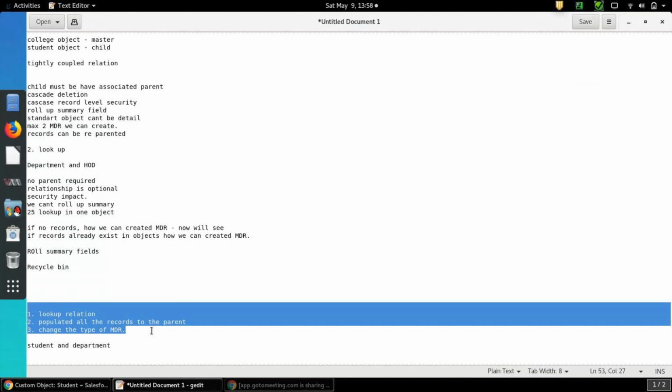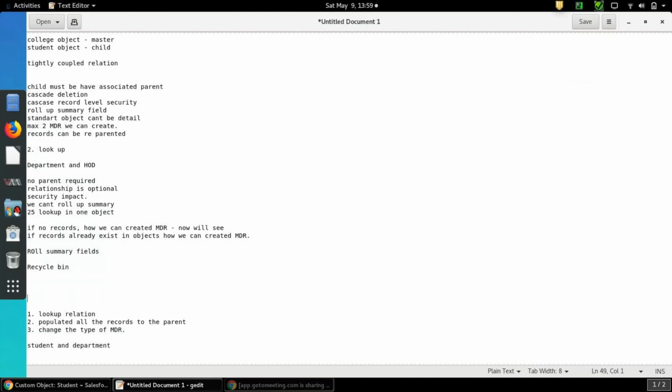For that, first you need to create a lookup relation, populate all the records to the parent, and then change the type to master detail relationship. Okay, so all these scenarios we have seen here. This is nothing but master detail relationship and lookup relationship.